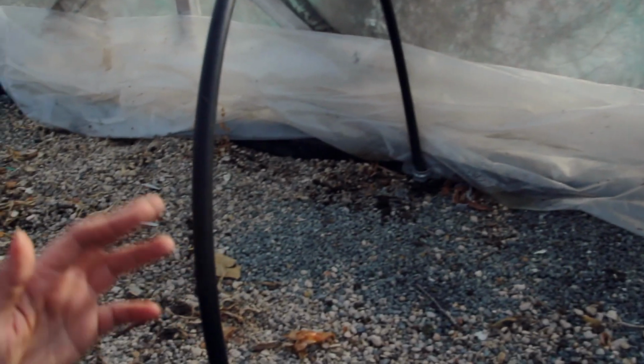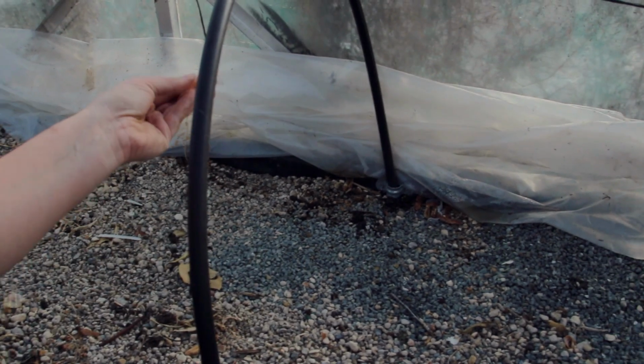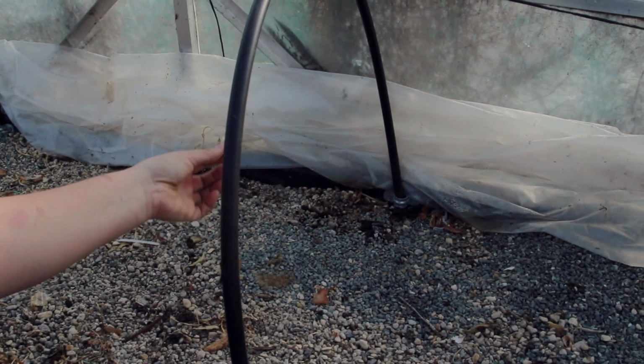And see, look at my nice clear table. It's actually got quite a few little bits and pieces on it from last time I've used it, but that's alright, it's leaves. I managed to get about 2 big bags, grain sacks of rubbish out from underneath this table as well,